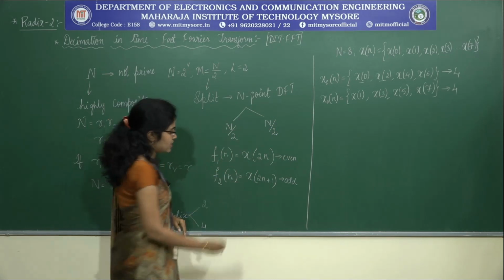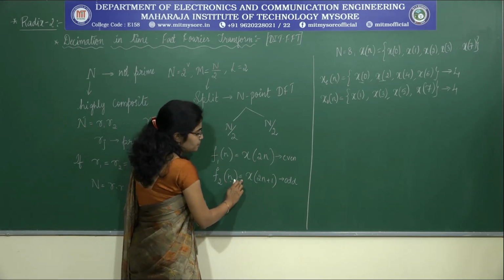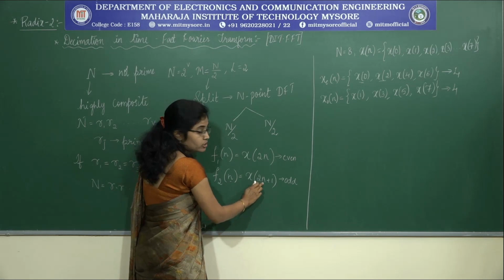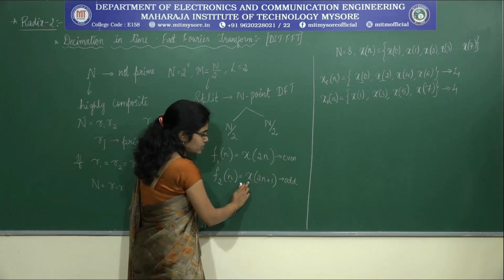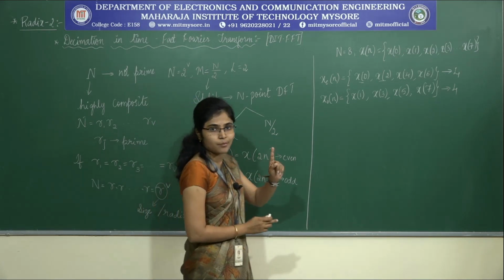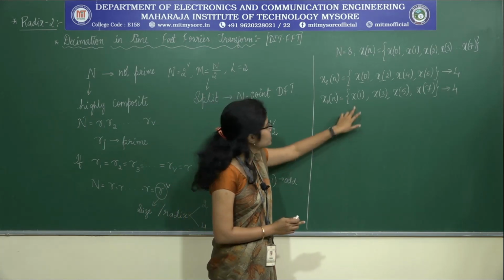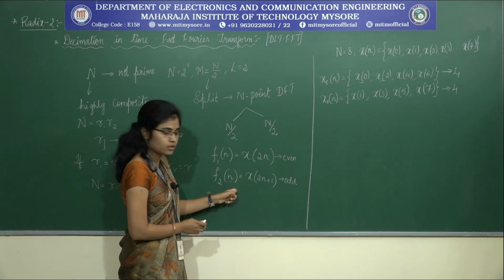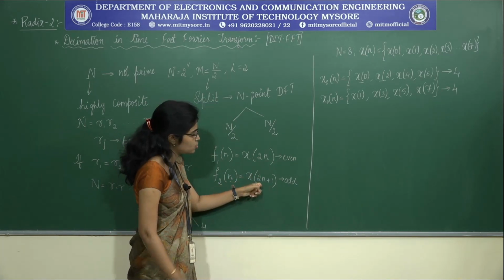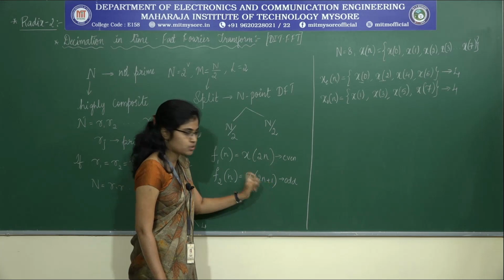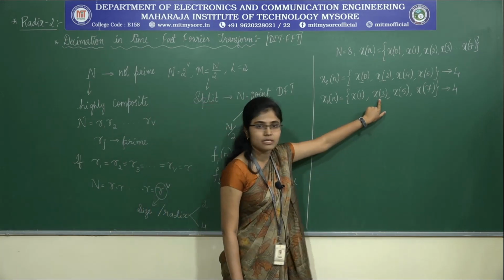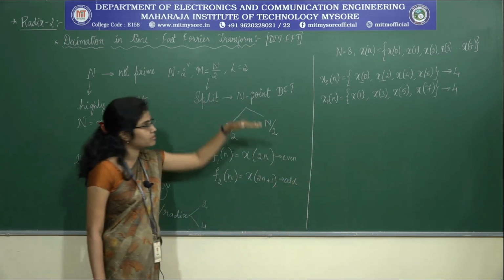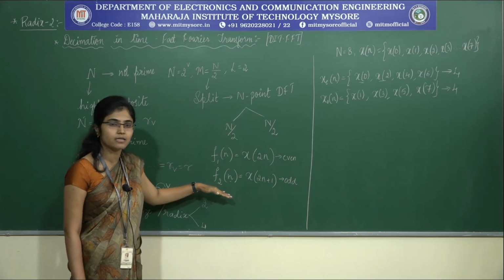Similarly, for odd numbered samples, if n is equal to 0, it becomes x of 2 into 0 is 0 plus 1 is 1. So it becomes x of 1. So the first sample in the odd numbered sequence is x of 1, correct? Similarly, if n is equal to 1, what happens to this term? It becomes 2 into 1 plus 1 is 3. So the second sample is x of 3. Like this, from that particular thing I deduce the standard equations.